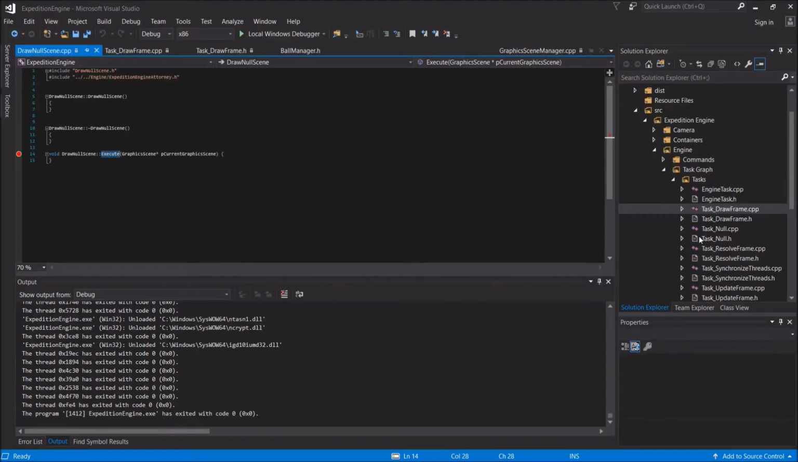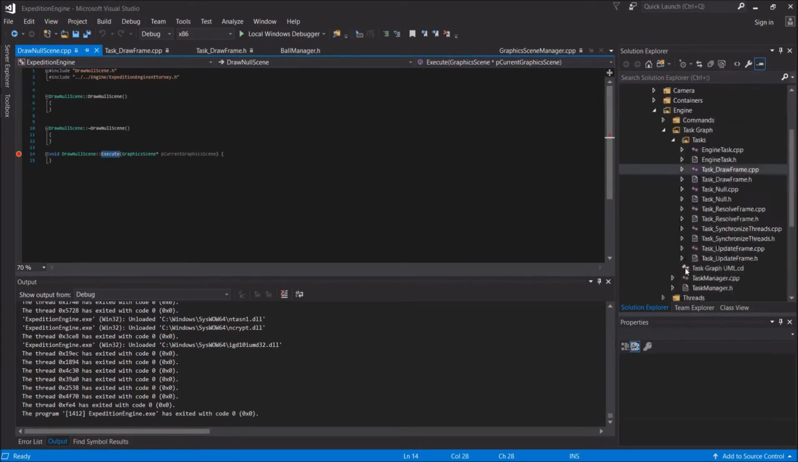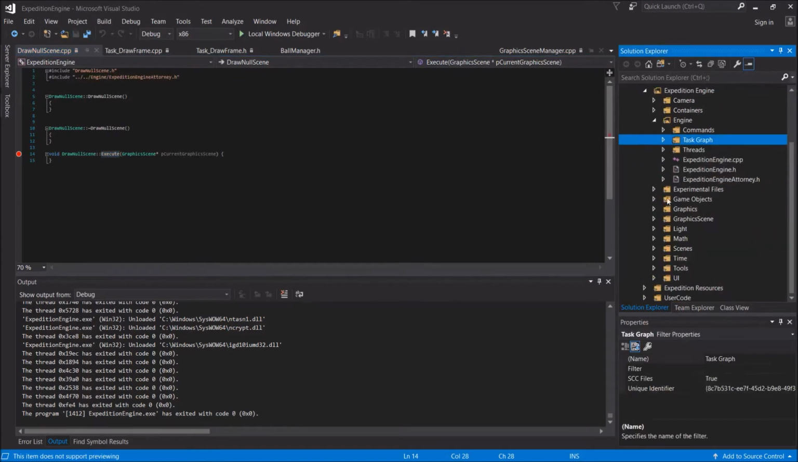So that's the null strategy, which would have been used in the case that there was a time when the scene didn't actually need to be drawn. But if we look into the graphics